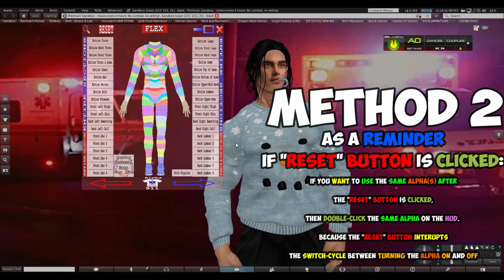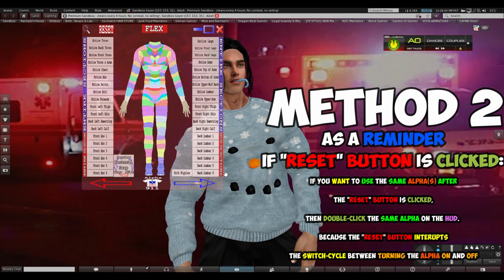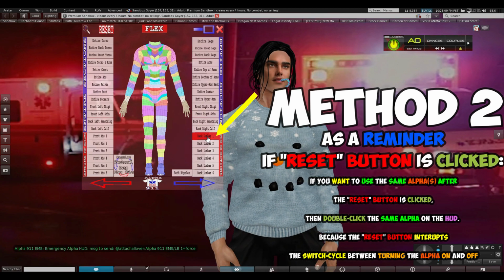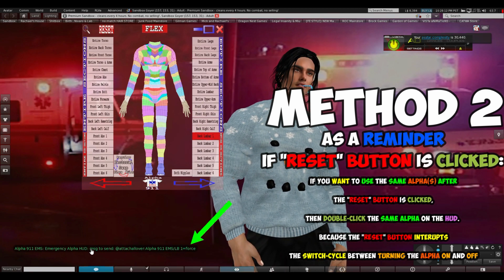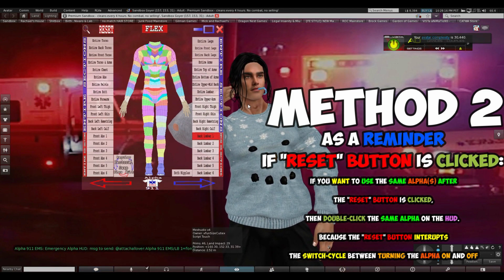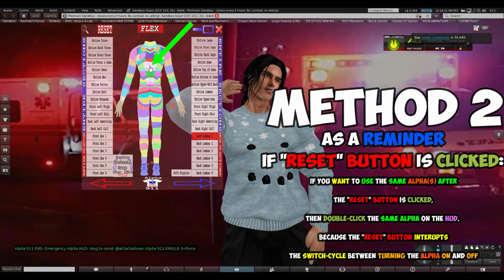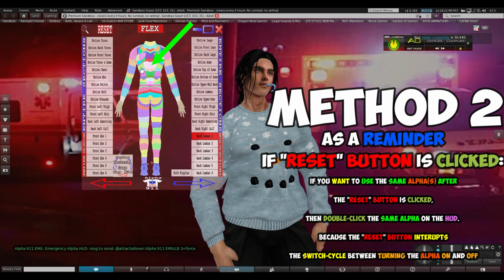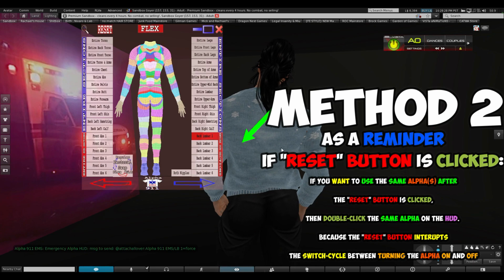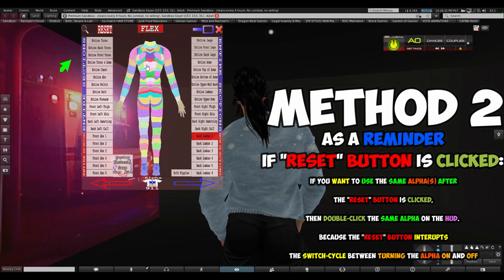All right, so now, as I said, there's one catch. I'll show you what I mean here. So you see here, if I wanted to click on the back lumbar on the entire subsections, it turns from white to red. And as you see at the bottom here, like I said before, attach all over Alpha 91 EMS lumbar 1, and it's going to be taking off this area here with this alpha here, okay? So for example, if I had a clipping, obviously because of my snowman sweater, you can't see it. But if I did, it would take off this part here.